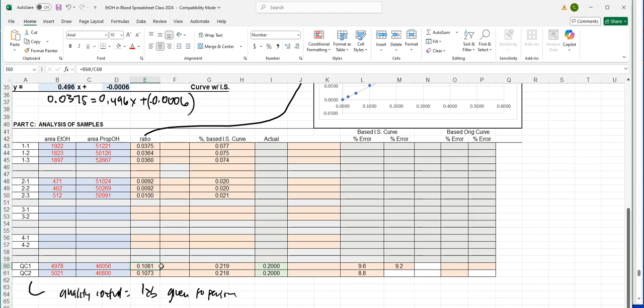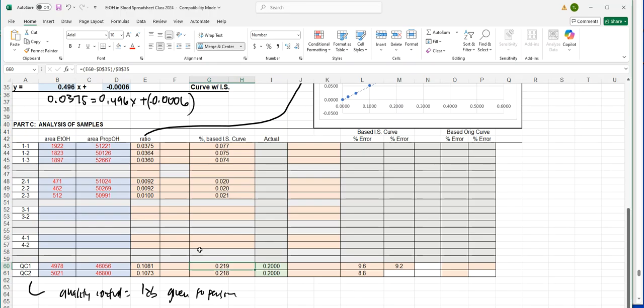On your version of the spreadsheet, you will see a column that will say, okay, what is the percentage based on the internal standard curve? So up here at the very top, this is our equation, and just as before, we will plug the ratio into y, and we solve for x. No difference than what was presented in the last video. So when we do this, 0.1081 equals 0.496x plus negative 0.0006, we're going to get 0.219 in this example